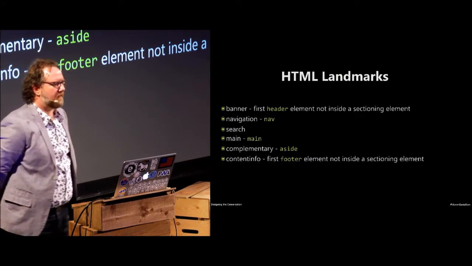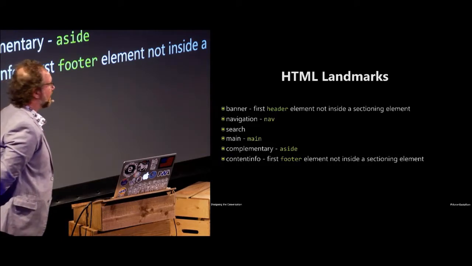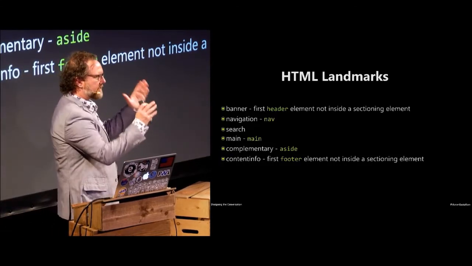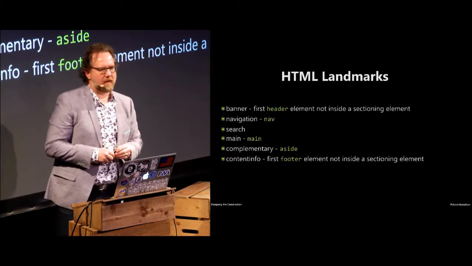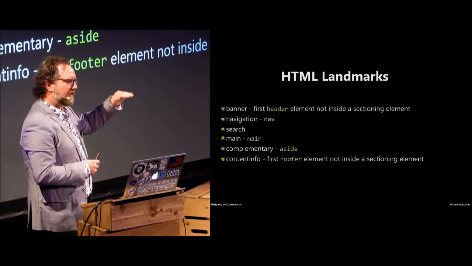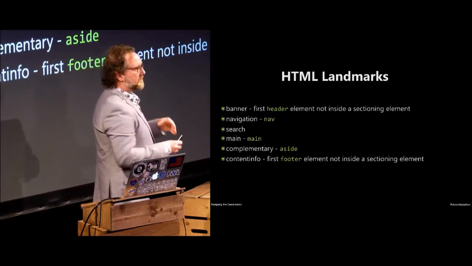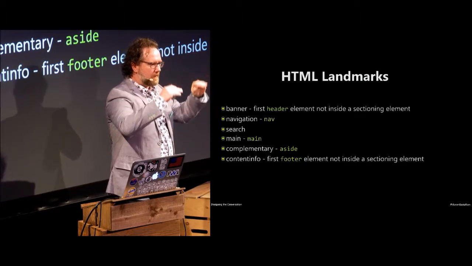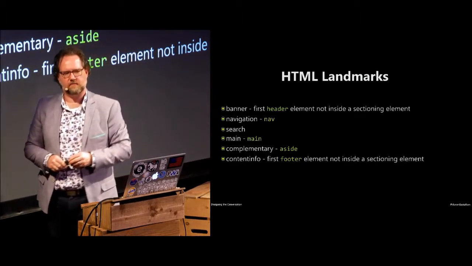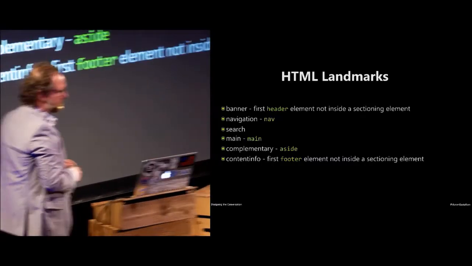Now, it's worth noting that many of these landmarks do have equivalent HTML tags, and that's because HTML5 and ARIA were being developed at the same time, and they were trying to pave some of the same cow paths. As Jeremy talked about, you've got things that are kind of in fashion, and then they're moving lower and lower, right, and being remembered by those lower layers. This was an example of those cow paths being remembered and coming into the collective memory as part of HTML through ARIA and through HTML5.